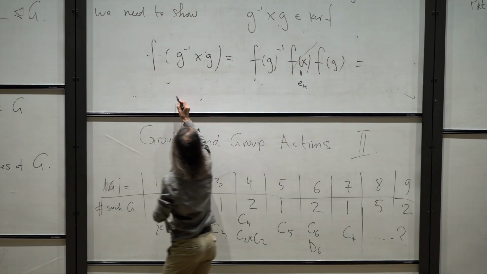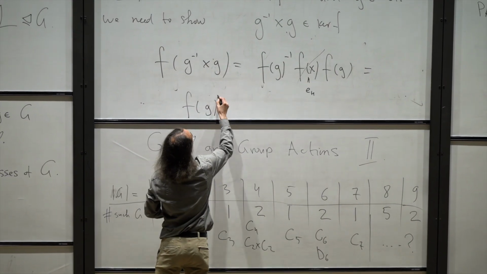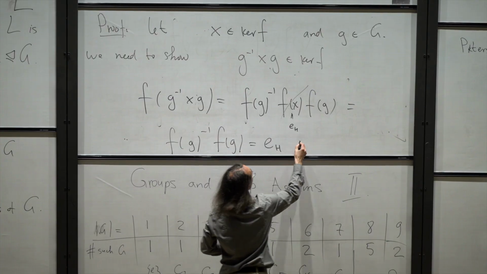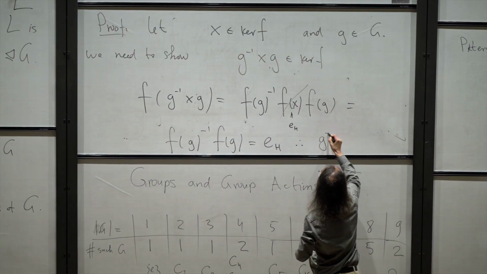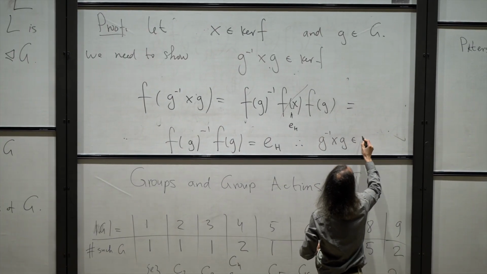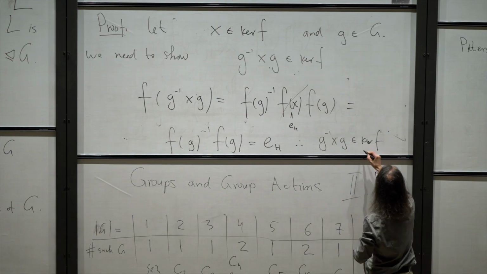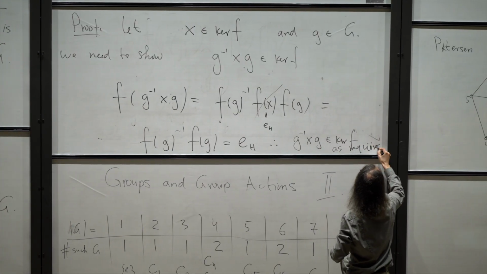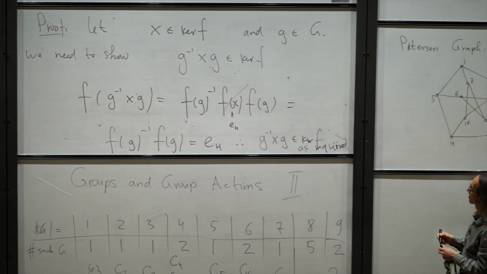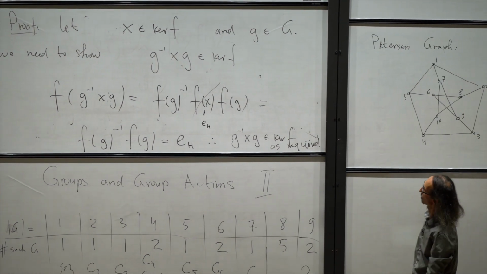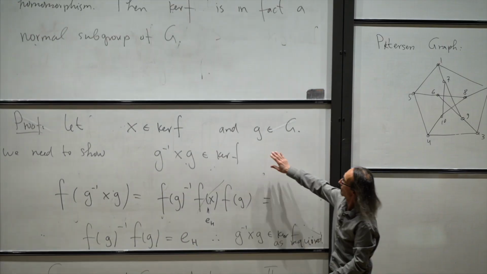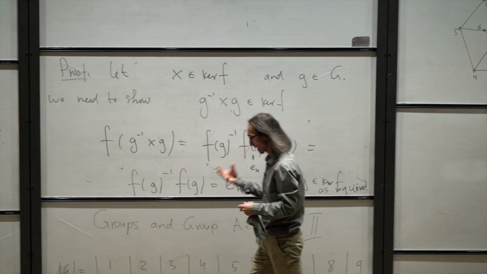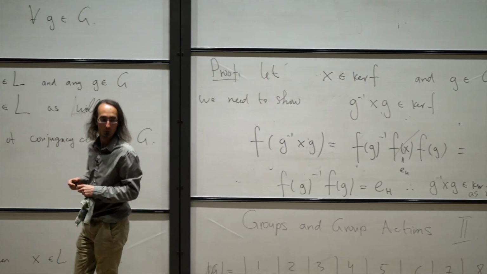So this becomes F of G inverse F of G, which is of course the identity in H, and therefore G inverse XG is in the kernel of F as required. So that completes the proof. Yeah. So the kernels of homomorphisms are kind of these normal subgroups,